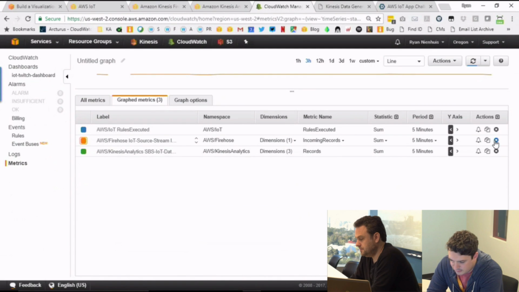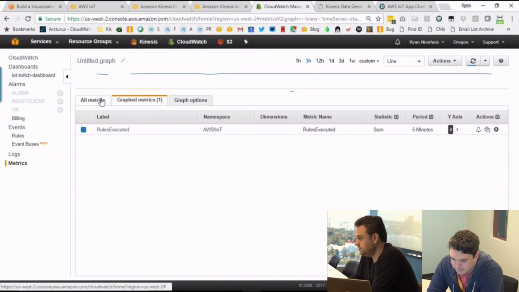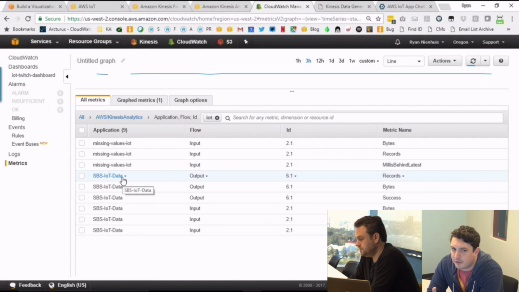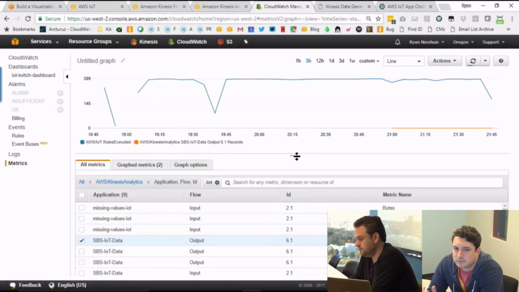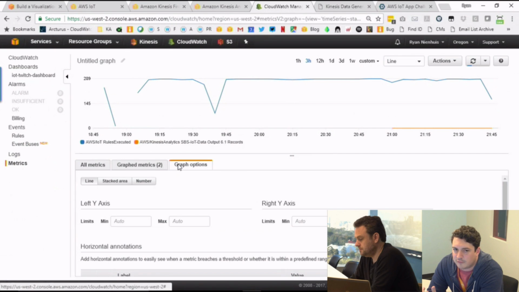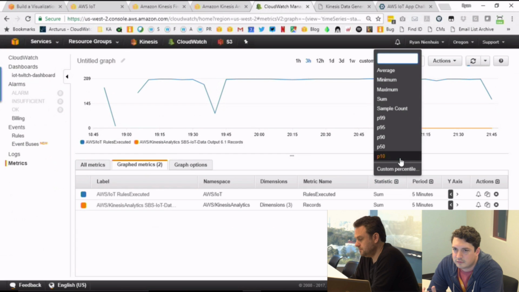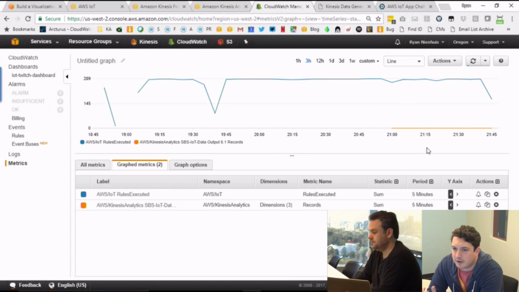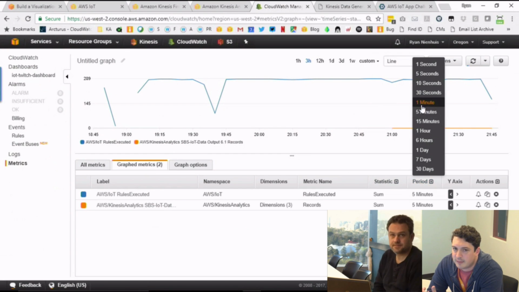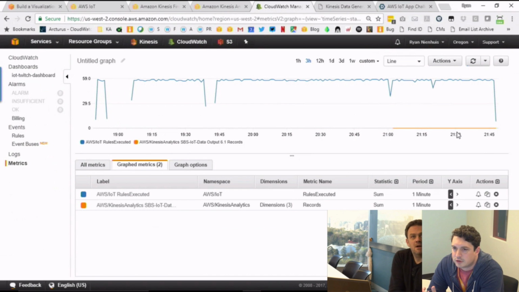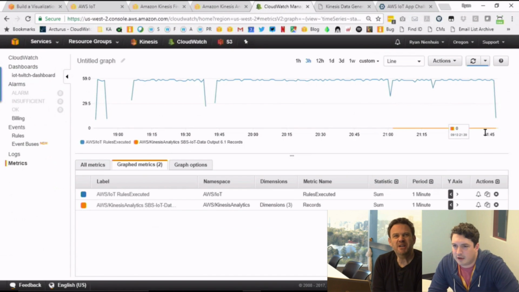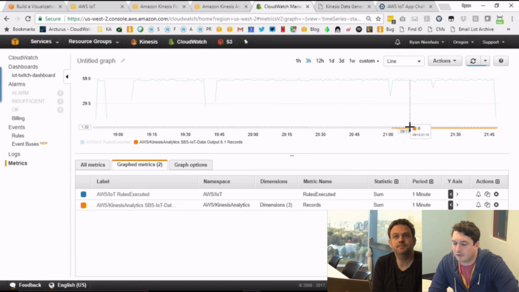Uncheck some of these here. And then when you set up the output, you want to show the output, so data is flowing out. And like with almost all of the graphs that we have here, you want to make sure it's sum. So both of them are set to sum. Great. And I usually like to set it to 1 minute. It looks like I have an IAM issue setting the data out, so I'll go through and fix that.